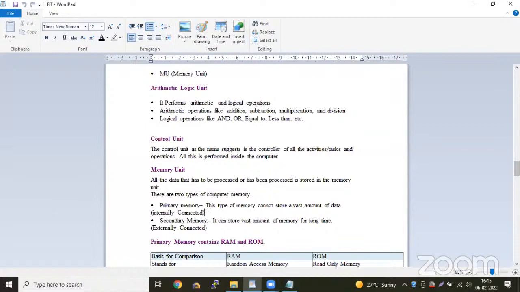So I told you, what is the meaning of primary memory? The memory which is there on the motherboard itself, connected internally, is known as primary memory. Memory devices which are connected externally are known as secondary memory. So, best example: